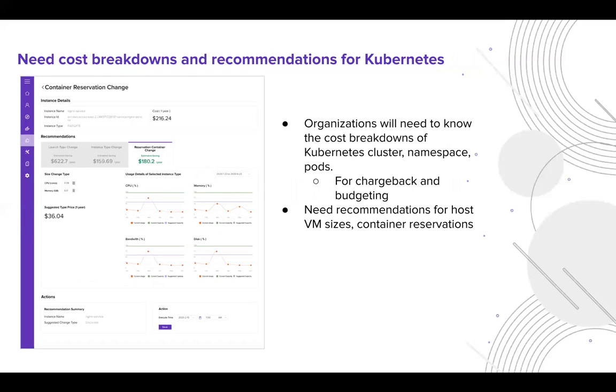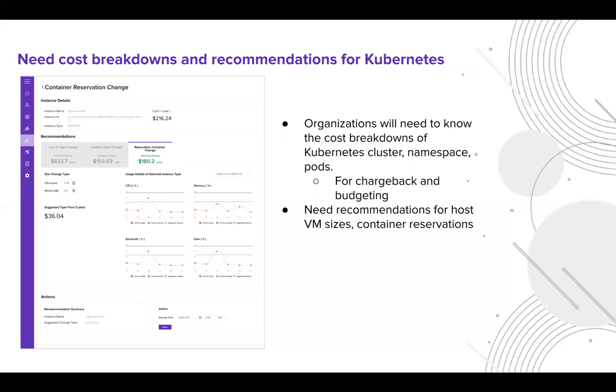Okay, Kubernetes. Kubernetes is not a native technology in all of these clouds. The cloud providers may provide some services like ECS, EKS, AKS, and GKS, and whatnot, right? But do they actually give you all of the information about when a Kubernetes cluster is used, when a pod is being used and whatnot? The answer is no.